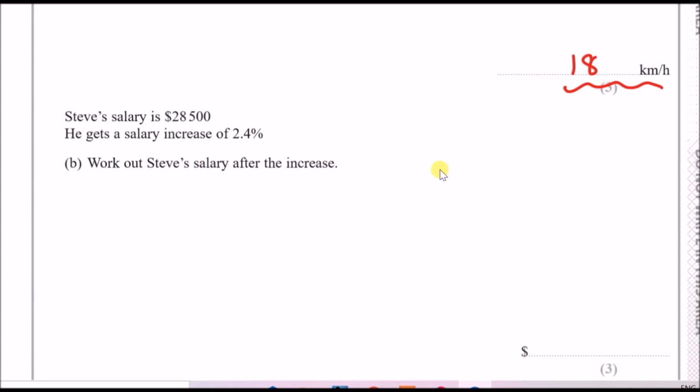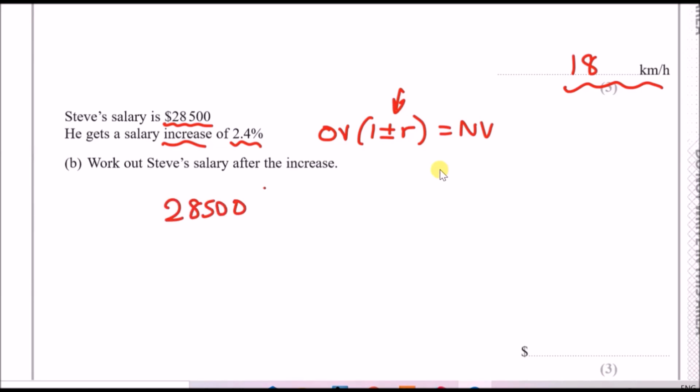I always look at the original value times it by some multiplier, so 1 plus or minus a rate, and it'll give us a new value. In this case the old value, or the original value, is 28.5k, and the rate is going to be 2.4%, and because it's an increase, we're going to use the plus sign. So in other words, the OV is 28,500 times by 1, the increase, and the rate will be